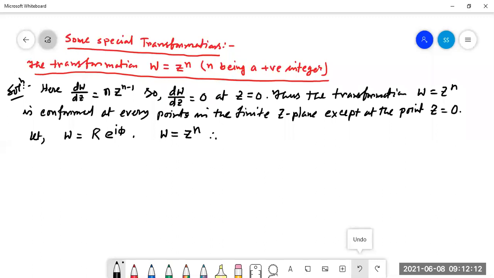So if we put the value of W, we get R e to the power I phi equal to Z to the power n, and if we take Z equal to r e to the power I theta, then we put r e to the power I theta whole to the power n. Here we are putting the values of W and Z: W equals capital R e to the power I phi and Z equals small r e to the power I theta. Then we get r to the power n e to the power I n theta. So equating both sides,